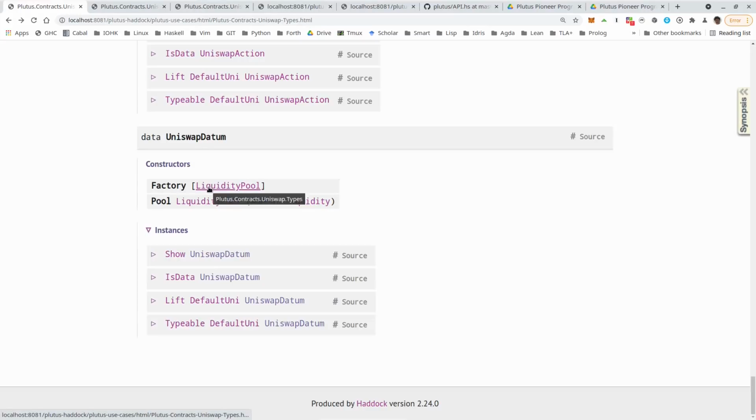And as I explained before, the datum for the factory contains a list of all liquidity pools that currently exist, and the datum for pool contains the liquidity pool that I didn't mention in the diagram. And what I did mention in the diagram, it contains the amount of liquidity that has been minted for this pool. Remember, that gets updated when somebody adds liquidity or removes liquidity.